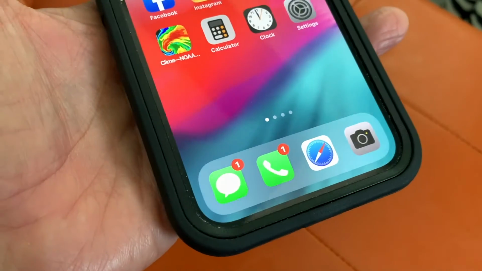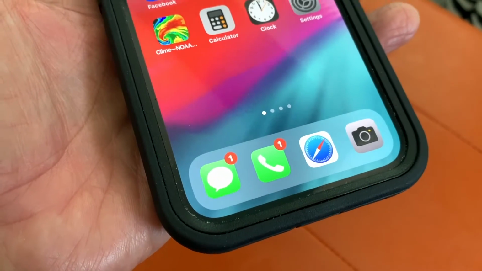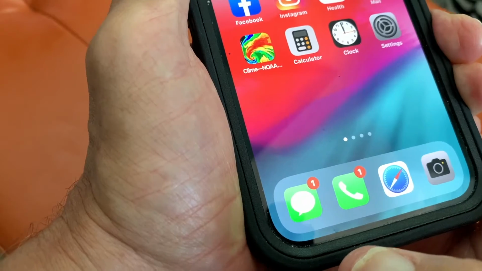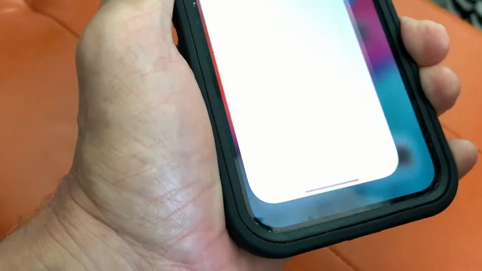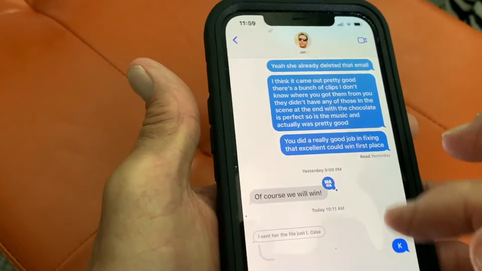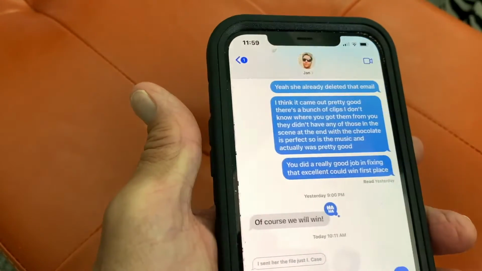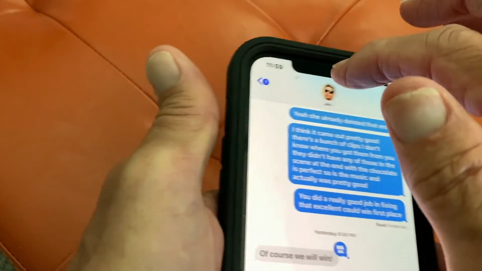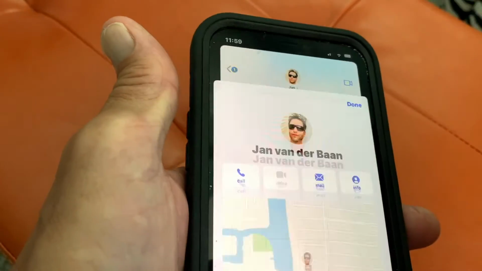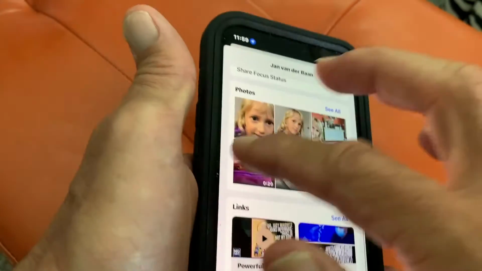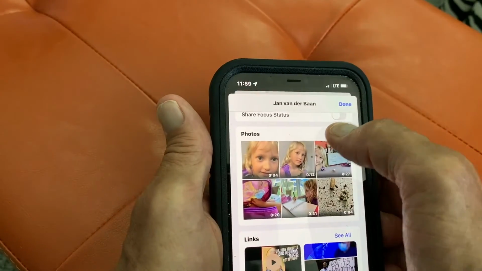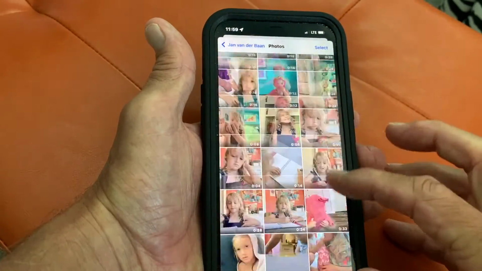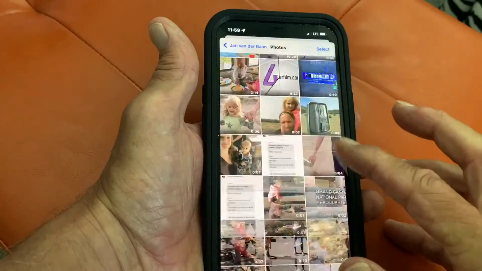All right, let's say you want to find all of the photos that one individual person has ever sent you on your message app in iPhone 12 and iOS 15. So let's go ahead and open that up. And I'm already in a feed, all right? Let me just show you. Here I am. I'm in this guy's feed. So if I want to see every photo or video that he's ever sent me, I just click on his face up here. And then I slide down, and there's a thing that says photos. And then it's see all. And there they are. That's every single photo or video that he's ever sent me over the lifetime of us having